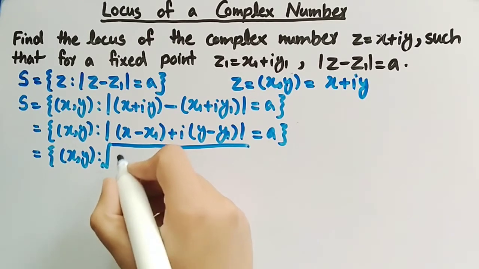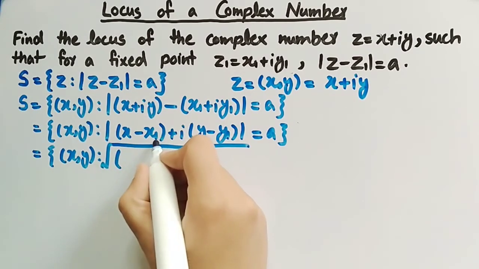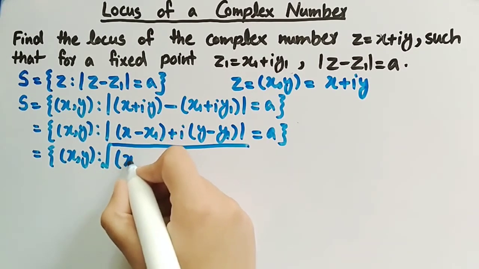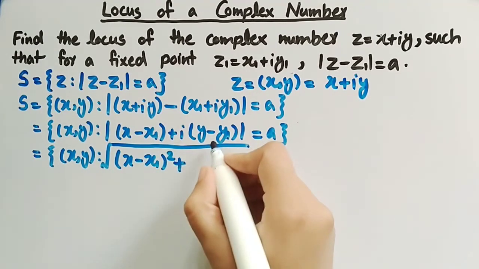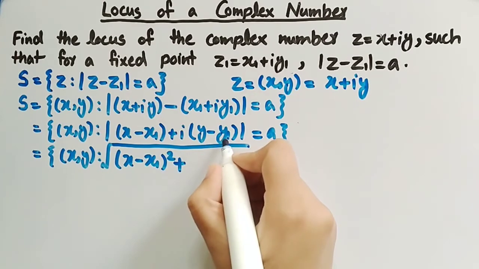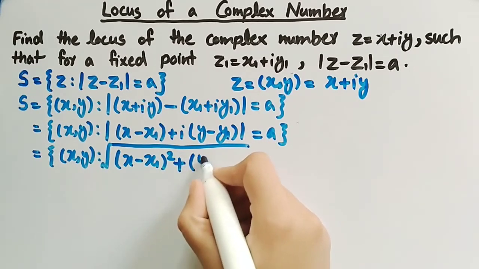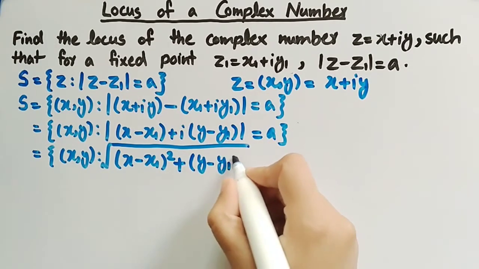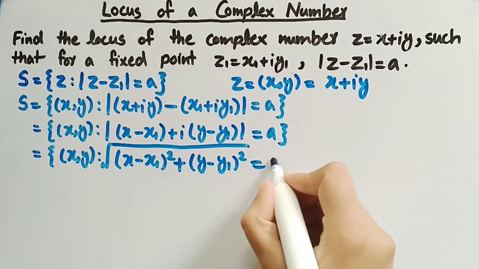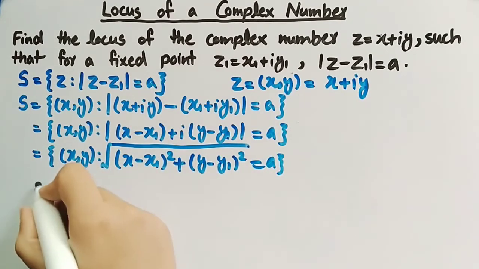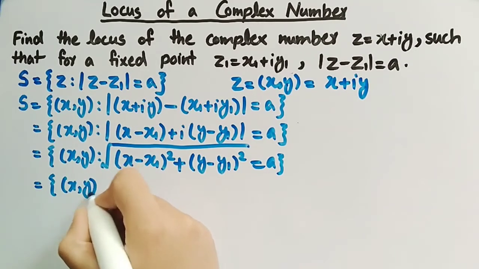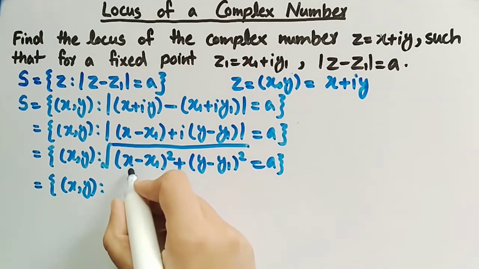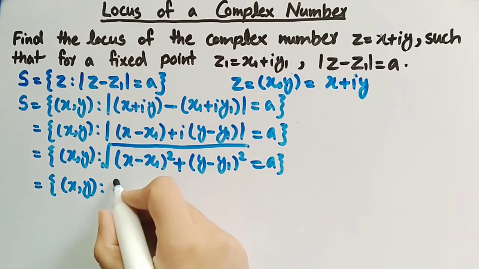Under the square root there will be the square of the real part of the complex number, which is x minus x1, plus the square of the imaginary part, which is y minus y1, equal to a. We can write it as (x, y) such that...